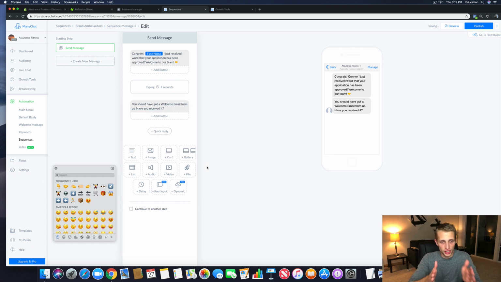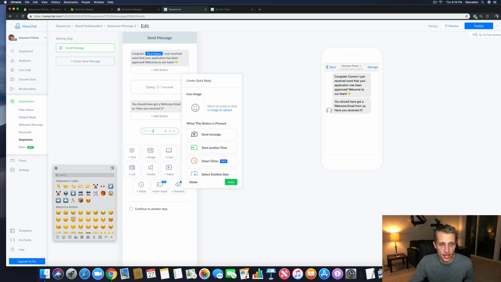Typically, when you're taking a conversation and splitting it in a fork and saying yes, no, you want to use quick replies. So when they actually click yes, then that quick reply disappears and they can't go back and then click no and reverse engineer your bot. It's good for competitive reasons too, so your competition cannot just go back through and click the yes button, then click the no button, see what your responses are and copy everything. So quick replies are definitely the better way to go,